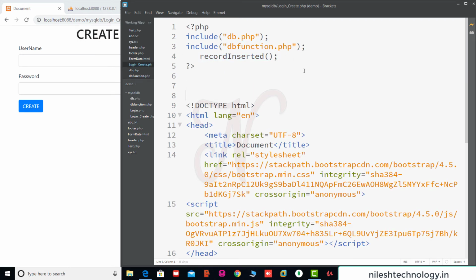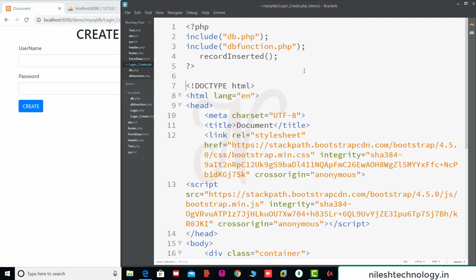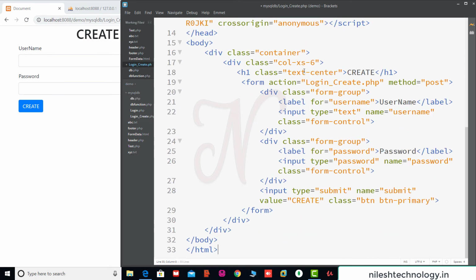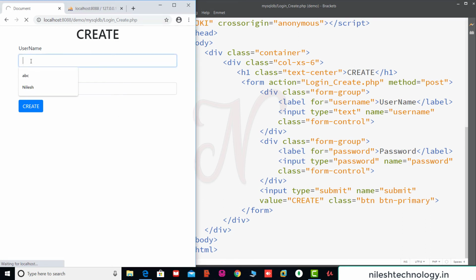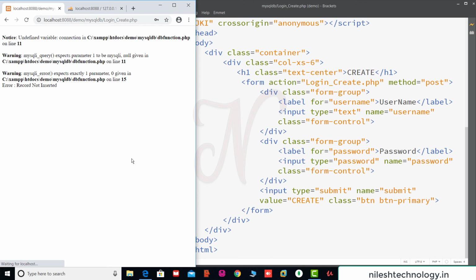See here, this is the username, password, and the submit button. Save here. Again we test this code. My next username is, for example, Scott, and my password is, for example, QWER. Create. See, there is one error, mysqli_query expects parameter 1, null. Record not inserted.